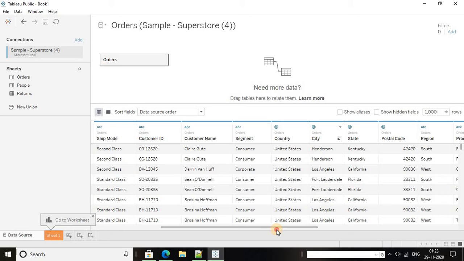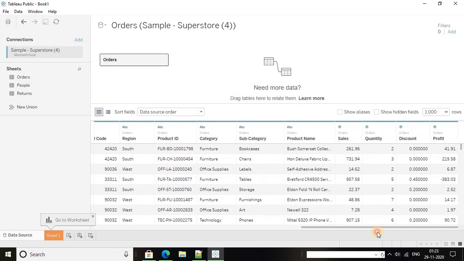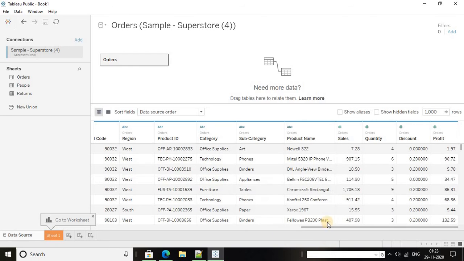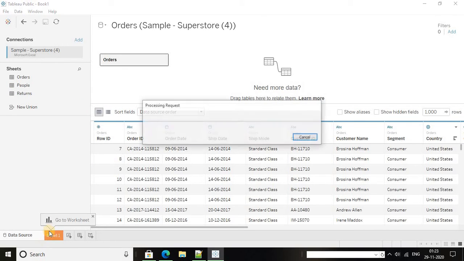Now we are going to show the sales based on category using the donut chart. How many total sales of furniture, total sales of office supplies, like that we are going to show in the form of a donut chart. So now I have to go to my sheet to make the donut chart.